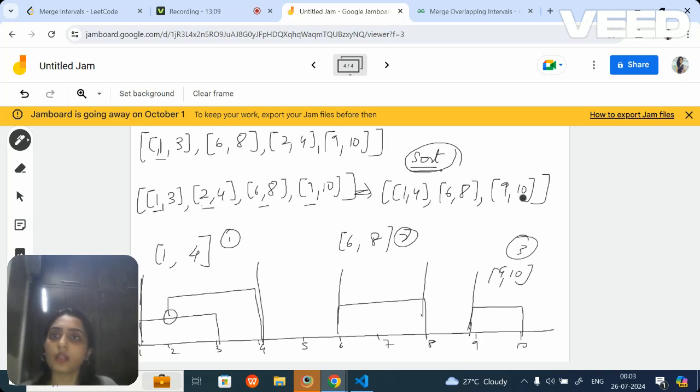Correct? So this is how you are going to do a dry run. First of all, you are going to find out the output yourself by drawing the graph. Obviously, if it is a big number, don't do it; I would not recommend it. But if it is a small number, then you can draw this graph, which will make things very, very crystal clear. So we have taken two examples. There are multiple examples that you can take, and you can do the dry run.